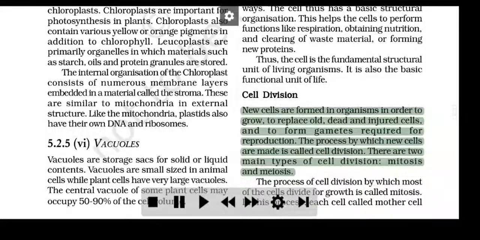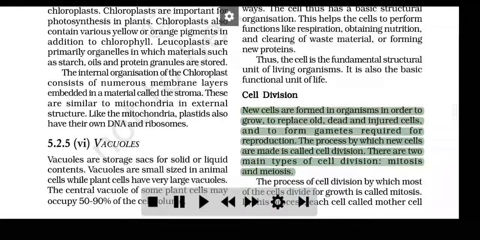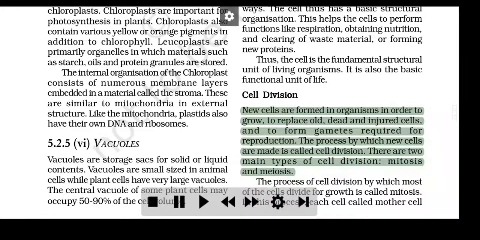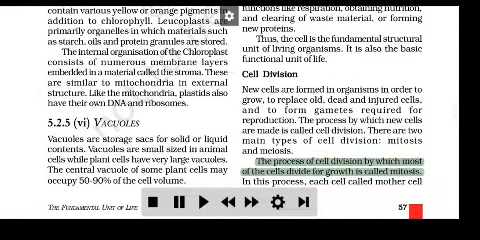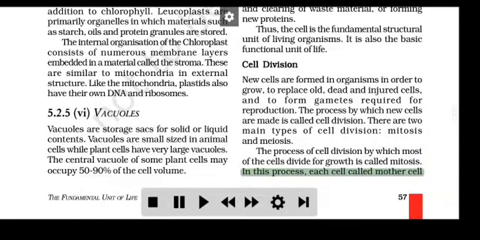New cells are formed in organisms in order to grow, to replace old, dead and injured cells, and to form gametes required for reproduction. The process by which cells are made is called cell division. There are two main types of cell division, mitosis and meiosis. The process of cell division by which most of the cells divide for growth is called mitosis. In this process, each cell, called the mother cell,